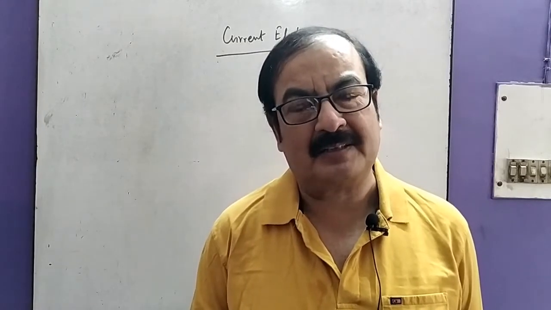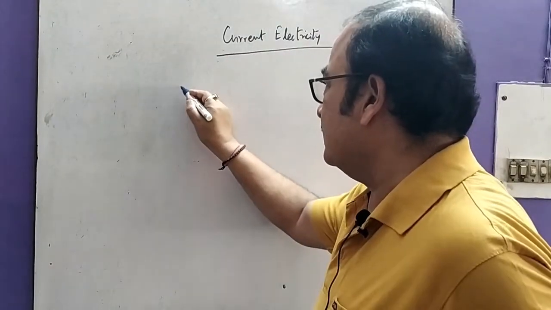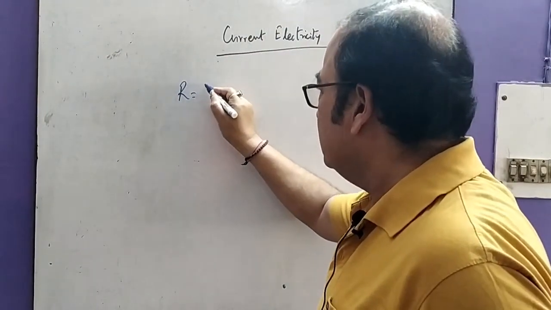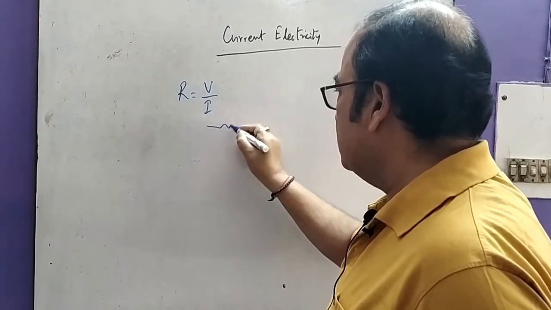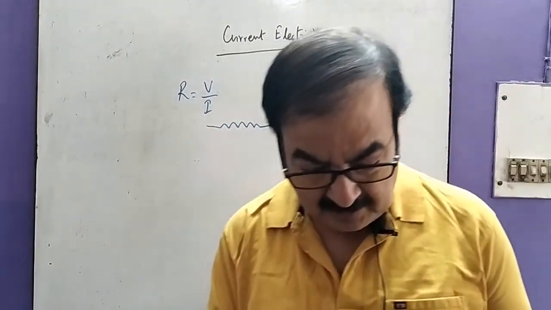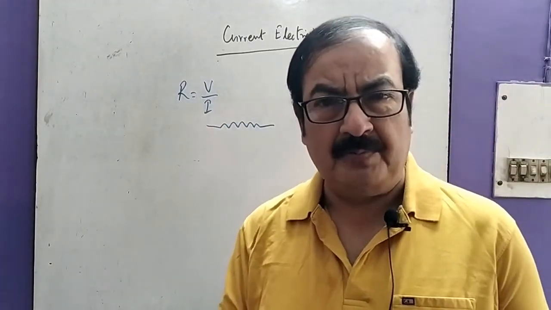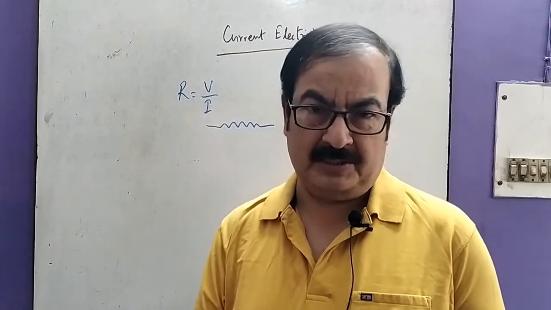In the last lecture, we have seen something about resistance, the concept of electric current, the current density, and Ohm's law. And from Ohm's law, we derived resistance, and we discussed the resistance is given by V by I, and its symbol is like this. Now, before we go further, we have to know what are the rules of resistance.